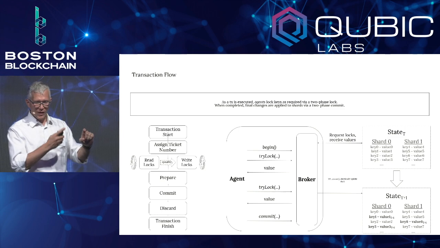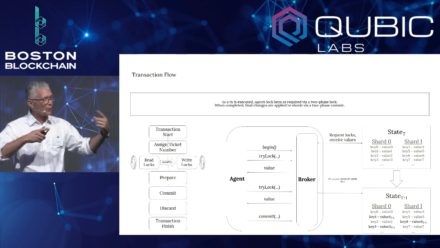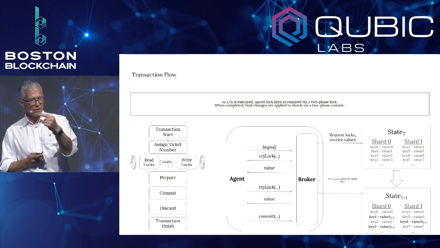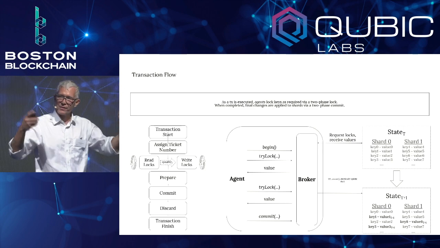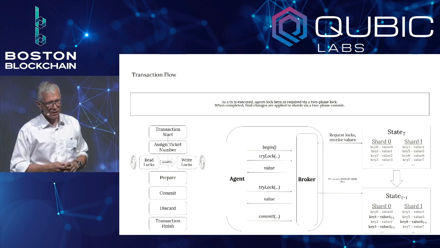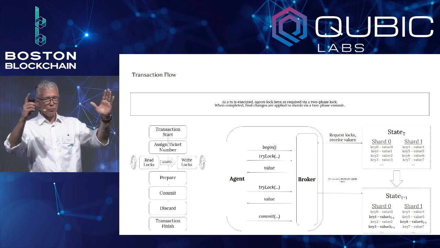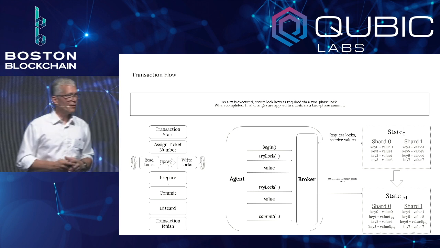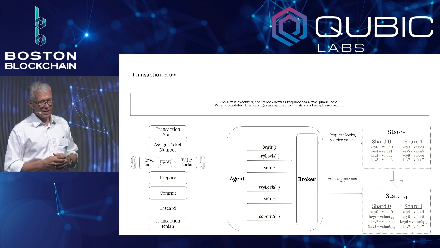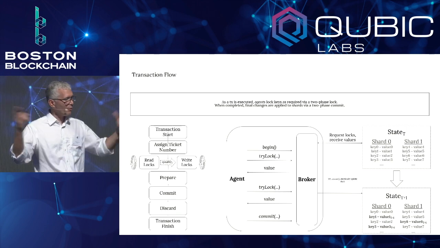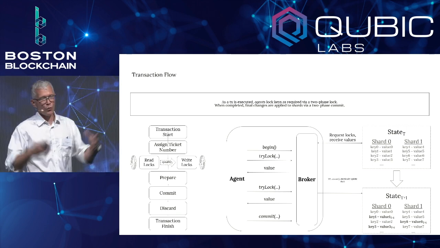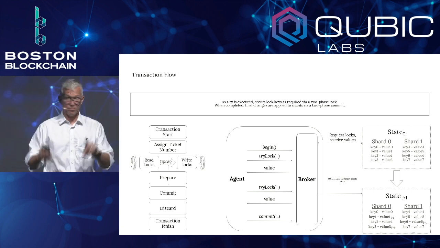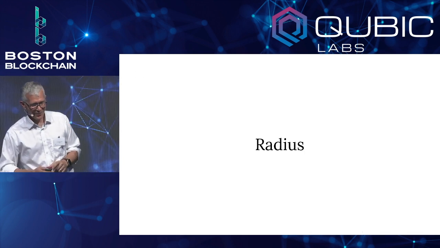And then the EVM is running, and it's just basically doing read and write operations. Every once in a while, if it likes, it can take a read lock that it has and upgrade it to a write lock. But basically, it just does that until it gets everything set the way it wants. And it prepares that, says, okay, these are all the new writes I want to do. And then if we haven't run into a lock contention, it commits, and then we discard, and we're done. So that's how that works. And I could go into it more deeply. Believe me, I can, but I won't right now.